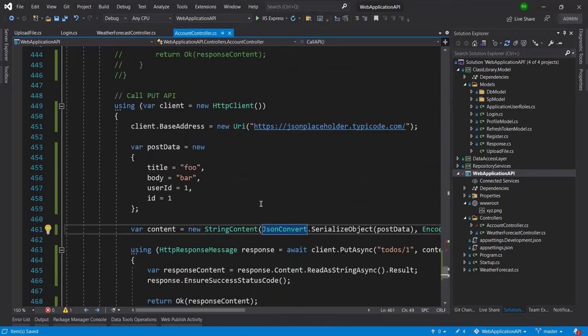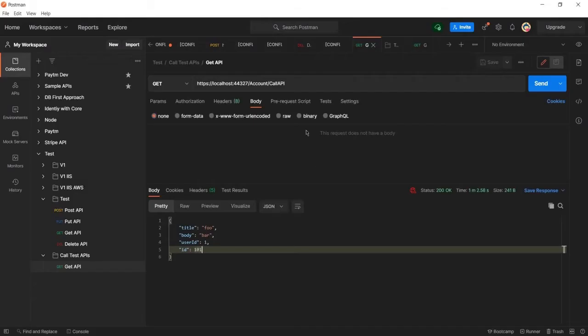So here you can see this API calling is also the same, in the same way it is being called as the post API. You can see I just need to change post to put, and also need to change the API. So let me show you this one as well.